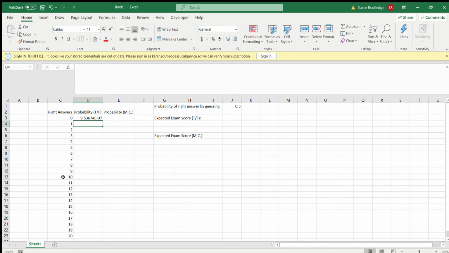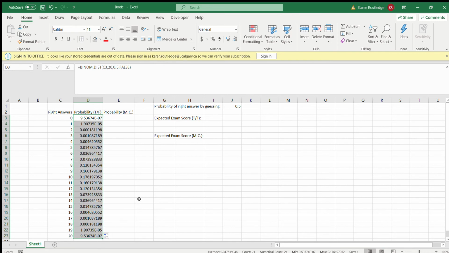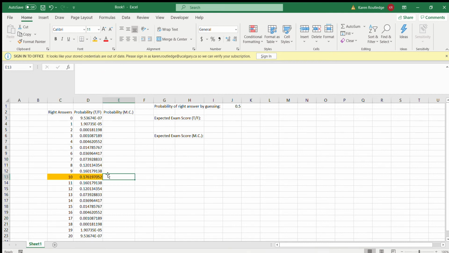So false for us. We can see, given a 50% chance of guessing a right answer on any particular question, there is a very, very small chance of getting no answers right out of the 20 questions. So let's expand that and calculate the probability for all of these variations of right answers. We want the highest one. If we just scan across the numbers, we see it is 10. So our student, totally guessing or putting in random guesses, is most likely to get 10 right answers.